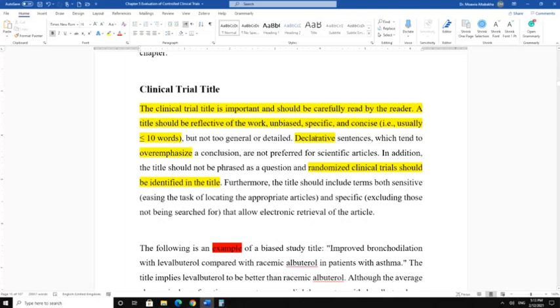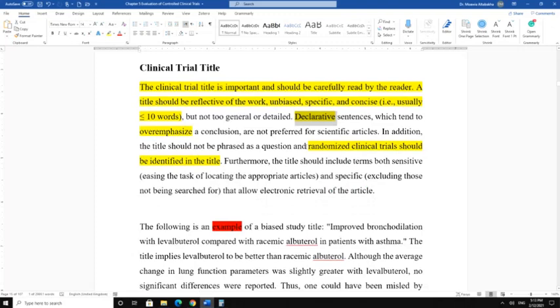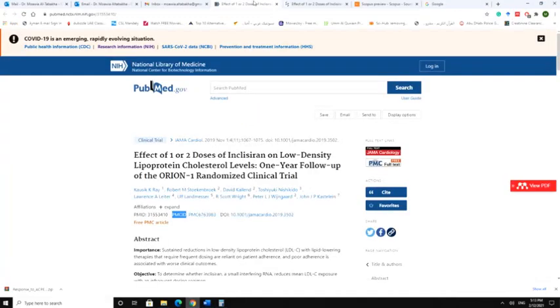You should avoid declarative sentences, and in a trial it's better to add something so that people can recognize the type of study just from the title. It's better to add to the title "a randomized clinical trial." Okay, for example, see here,